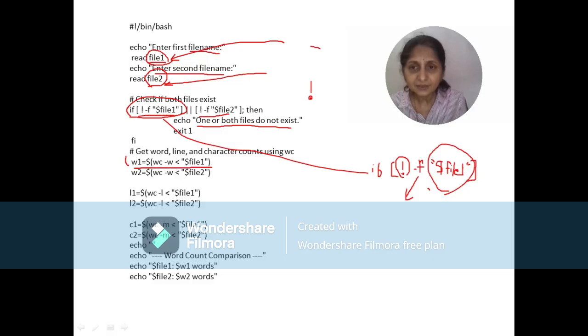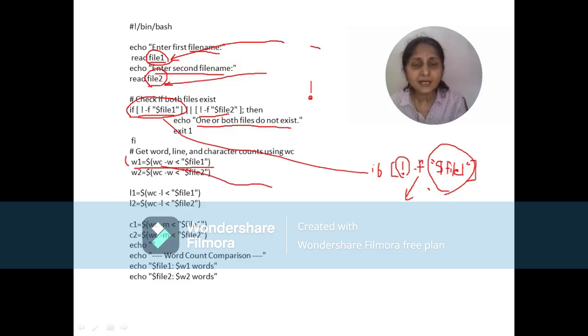What does this statement say? W1, this is a variable, W1 is equal to dollar and there is a single bracket. We are not doing any arithmetic calculations, that's why we are not using the double parenthesis. In the single bracket, we say wc.